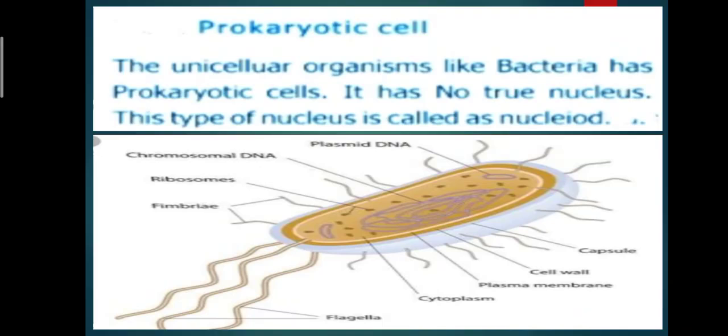Components of a prokaryotic cell. A prokaryotic cell consists of different parts with special functions. The first one, cell envelope. The cell envelope is the covering of the prokaryotic cell that protects it from injuries and shock. From outside to inside, it has the following layers. Glycocalyx. It is made up of macromolecules and could be loose or thick. Cell wall. It is made up of peptidoglycan and it is just below the glycocalyx. Plasma